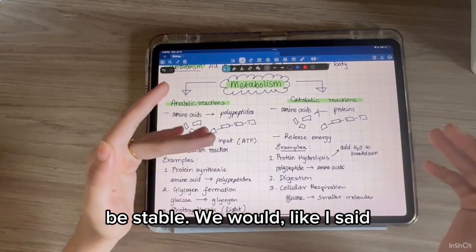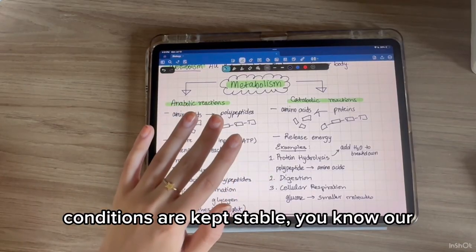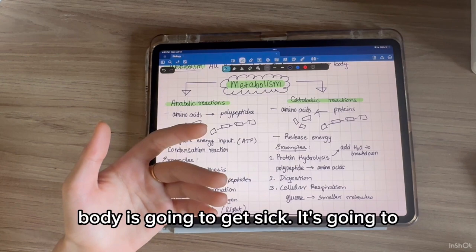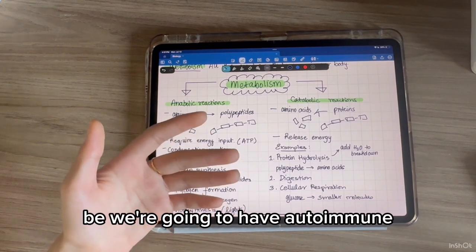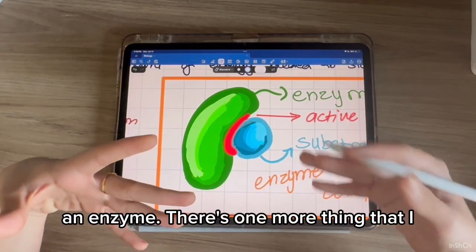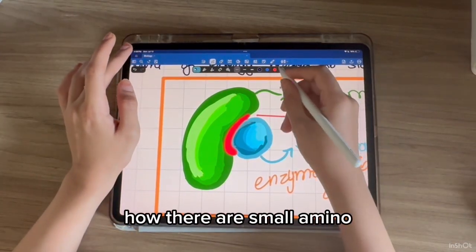We would, like I said before, malfunction. And if internal conditions aren't kept stable, our body's going to get sick. We're going to have autoimmune diseases, etc. In the structure of an enzyme, there's one more thing that I have not mentioned, and that's how there are